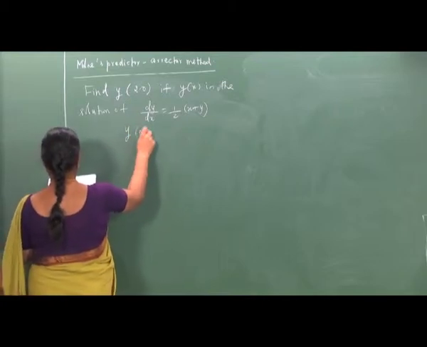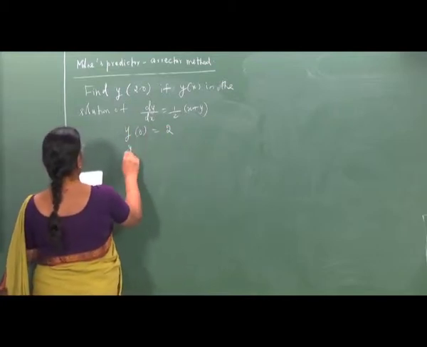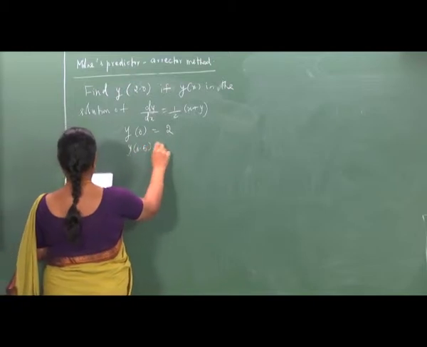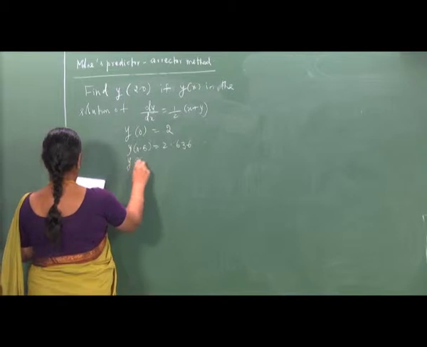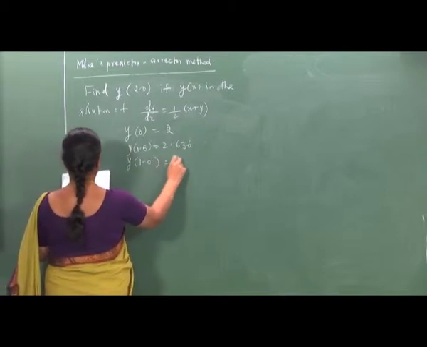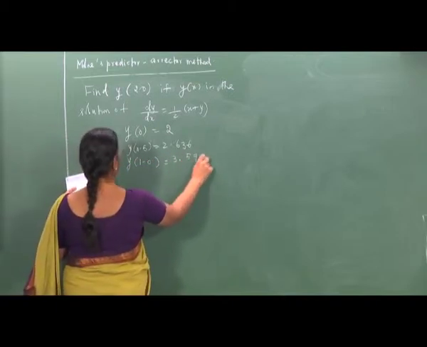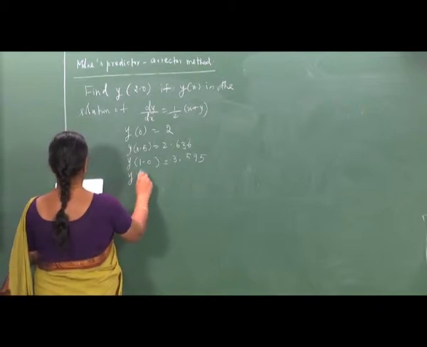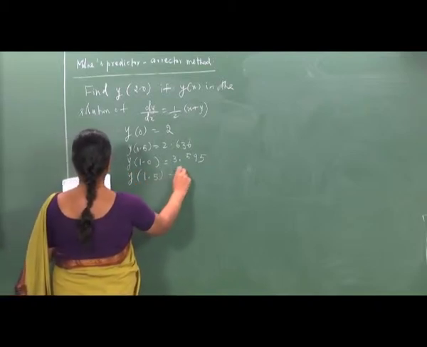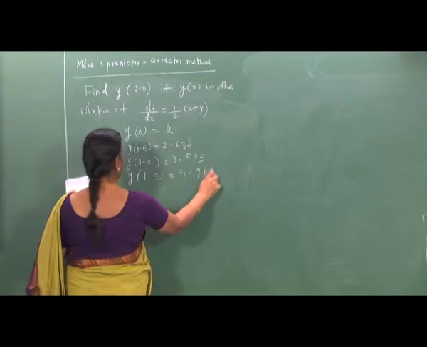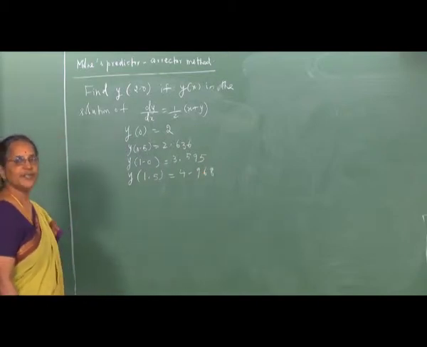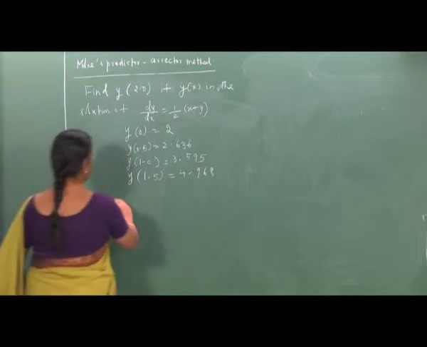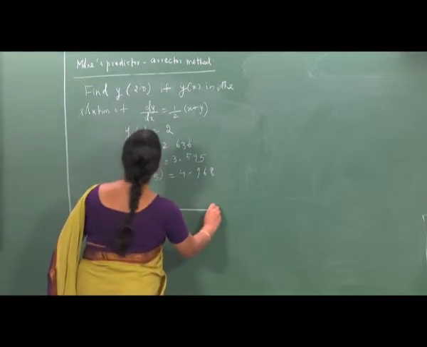Given that y of 0 is 2, y at 0.5 is 2.636, y at 1 is 3.595 and y at 1.5 is 4.968. So, we are asked to solve this problem using Milne's predictor corrector method, and we are required to get